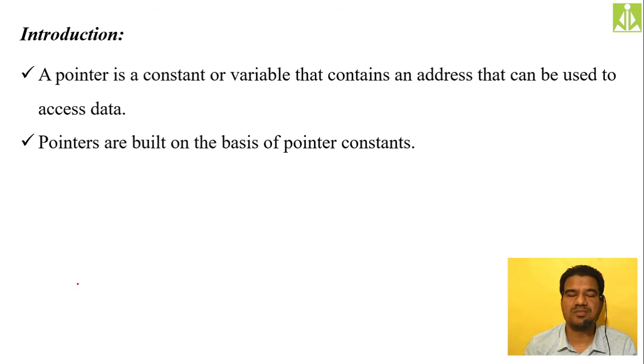So storing the address in a pointer has some meaningful usage. Because of that only we are going for pointers. When you are declaring a pointer, it holds the address of another variable, and why we are holding that address is in order to access the data or in order to manipulate the data. Remember this one. So whenever we are going for pointers, they are built on pointer constants, and have values, as we have values which we are storing inside variables, and those values are unchanged.